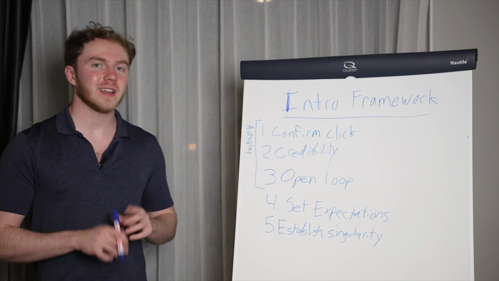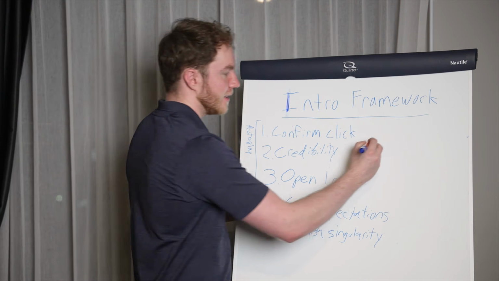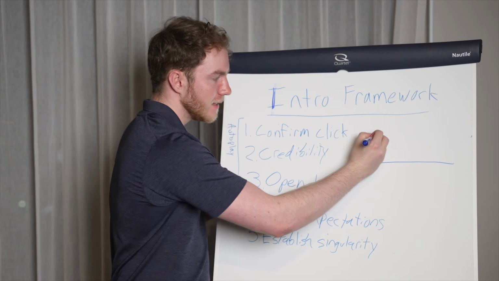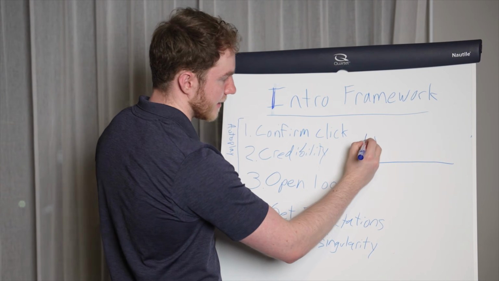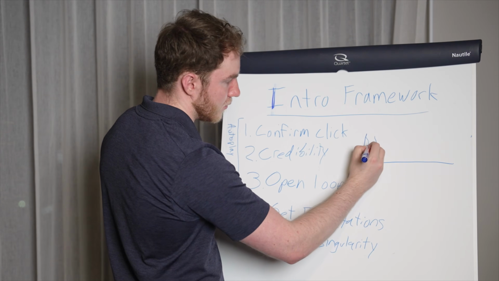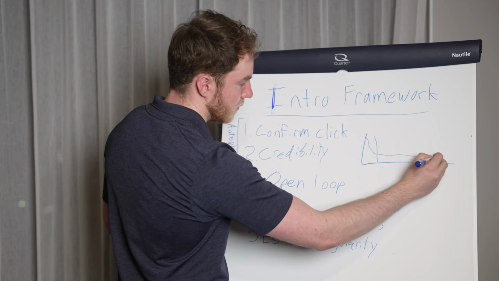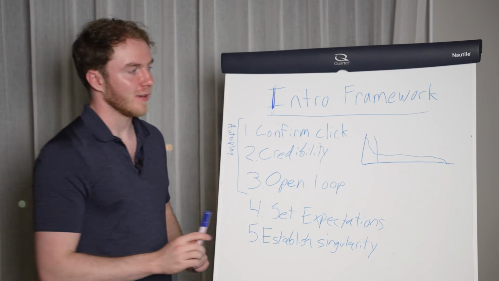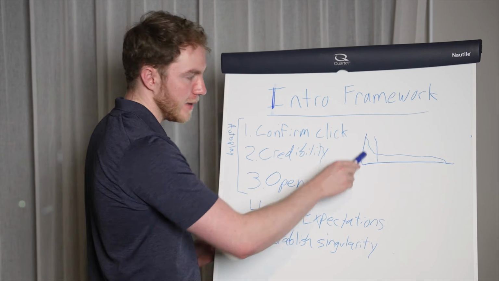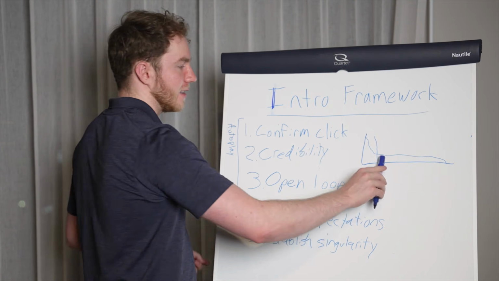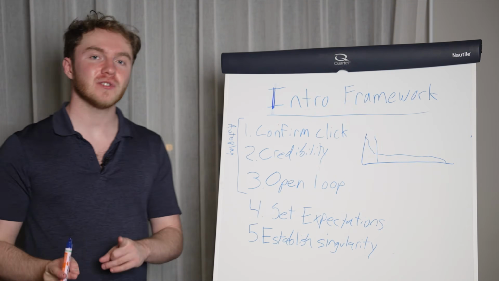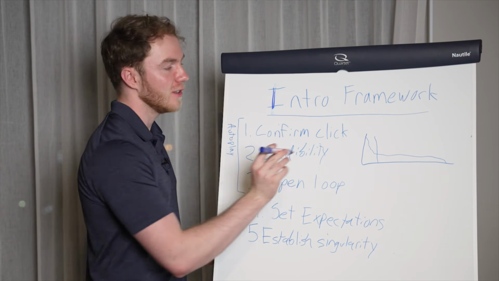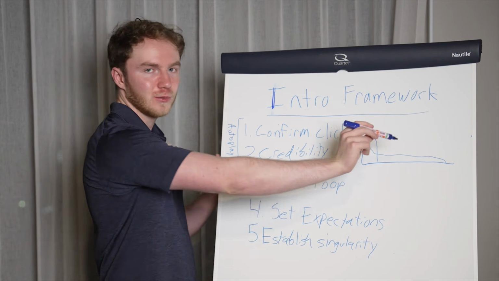So why should you write intros like this? What is the reason? This is a retention graph. This is the 30-second mark. And most YouTube intros look like this. That is what a standard retention graph looks like. It looks like a big drop off at the beginning and then a slow drop off after 30 seconds. So the better your intro is, the sooner you can start that slow drop off.